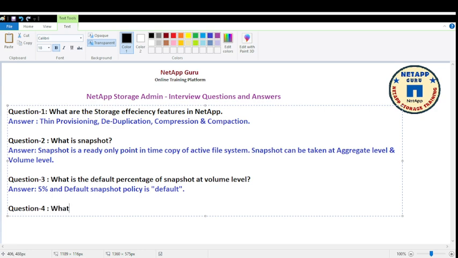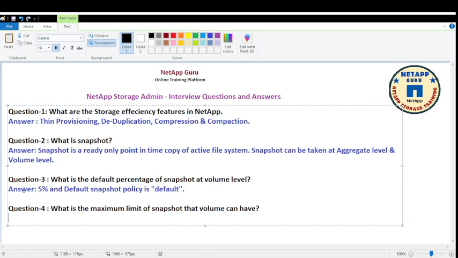okay, what is the maximum limit of snapshots that a volume can have? Okay, a snapshot is created at the volume level. So how many snapshots can we have? What is the limit? What is the maximum number of snapshots that we can have in one volume? Okay, so that is the question. So the answer to this question is